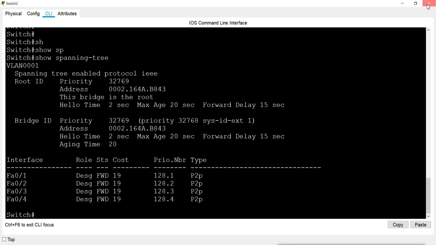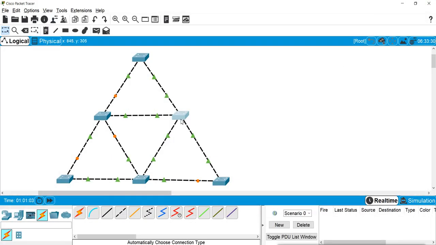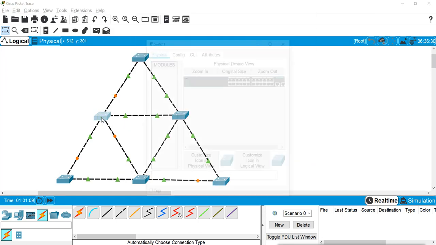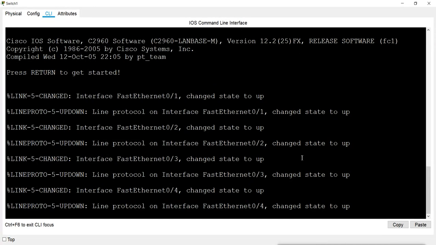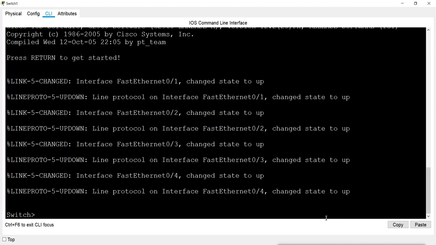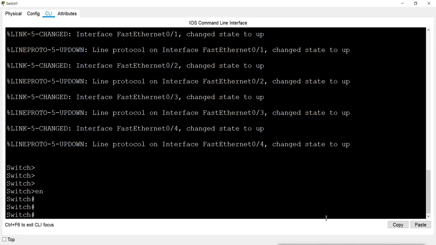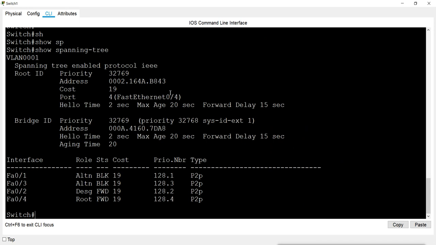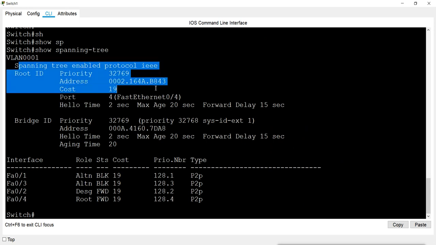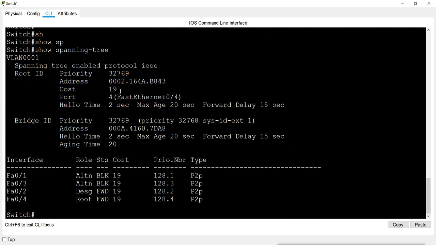So this switch is our root bridge, and all the other switches are non-root bridges, and they have the blocking states. If we run show spanning tree, we can see that it shows the root bridge information, and I can reach that root bridge by this port, FastEthernet 0/4.